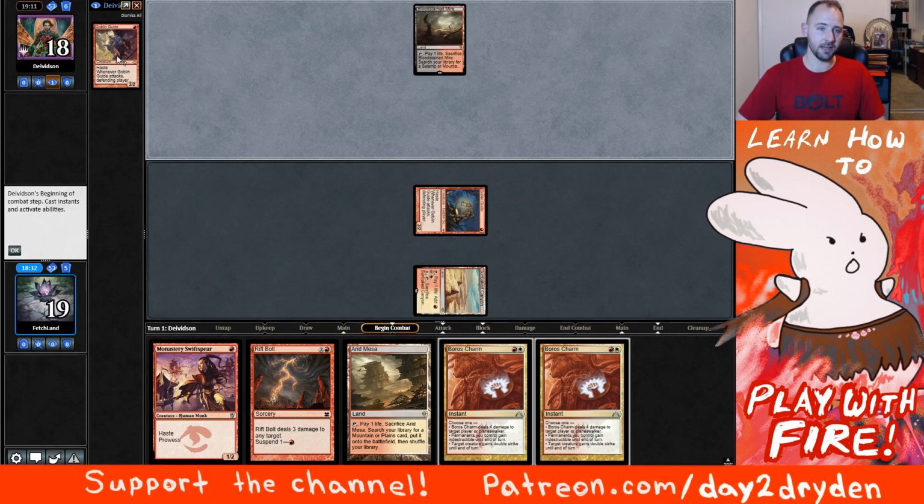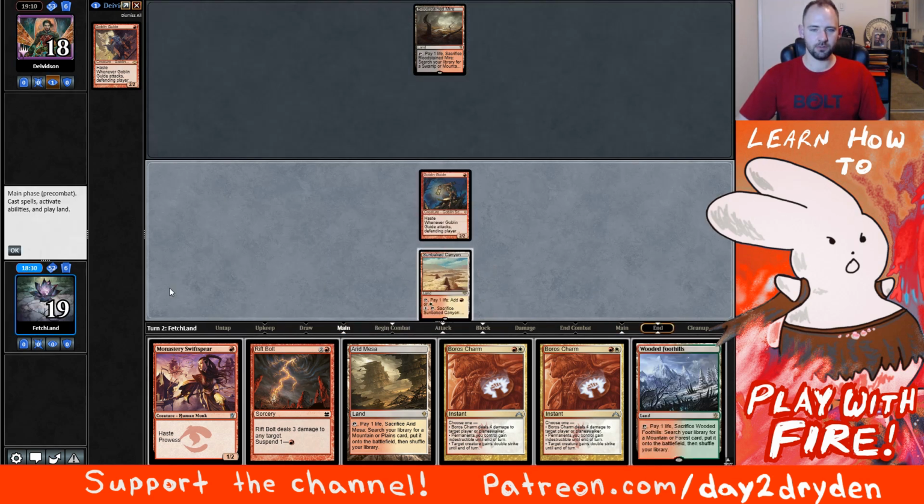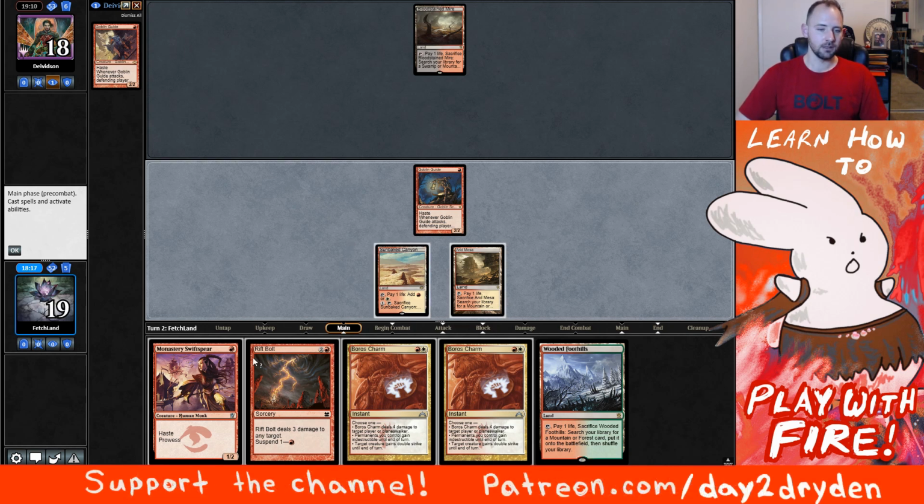No, they went to 6. Okay, so they got a Goblin Guide. Okay, well, they don't like what they have. They don't like what they have enough to hit us back with a Goblin Guide. I think that's probably like Swift Spear, maybe. Goblin Guide, no, you get that out there. You do that. So,